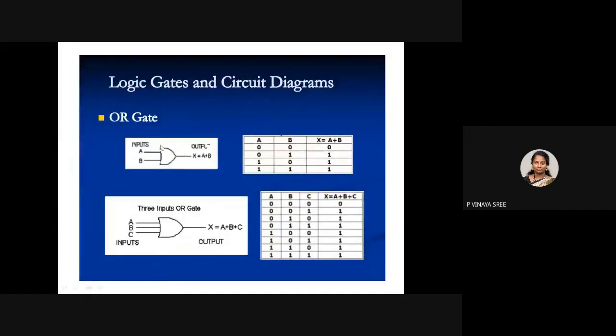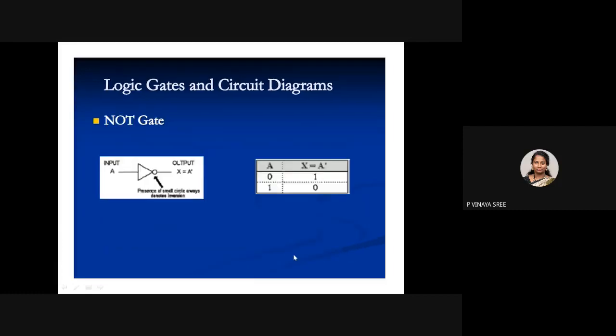See, this is the symbol for OR, where A and B are the inputs and X is considered as the output. In both the inputs, whatever we are passing, both inputs are low, so that's the reason we are not having a high in the output. If any combination is high, then the output will be high. So 3 inputs we have given here, A, B, C, and the Boolean expression here is X equals A plus B plus C. In the first position, as all are zeros, not even a single input is high, so the output will be low. In the remaining cases, the output will be high, because one input is high.